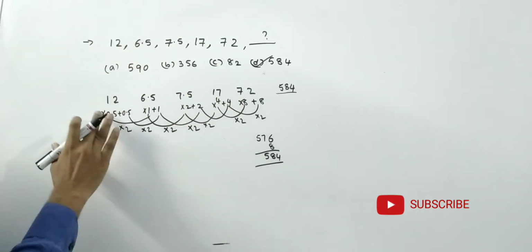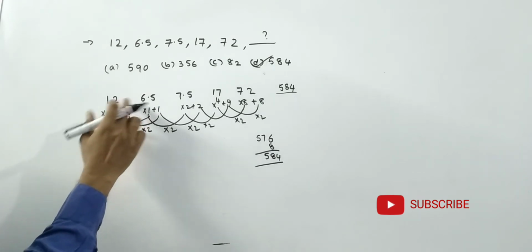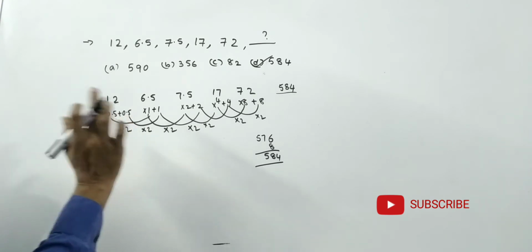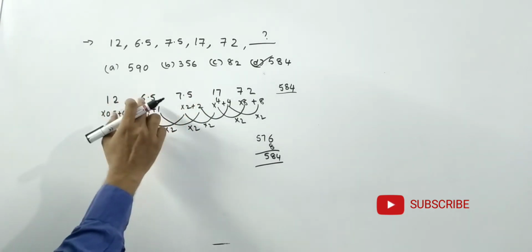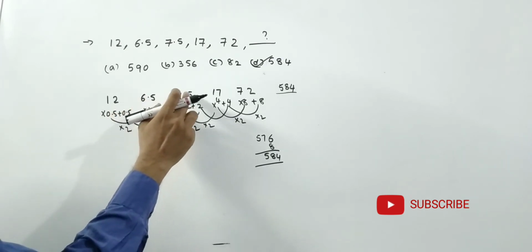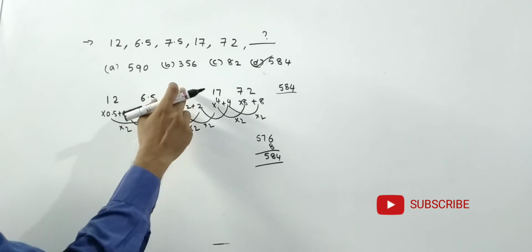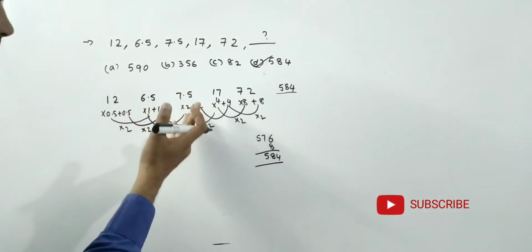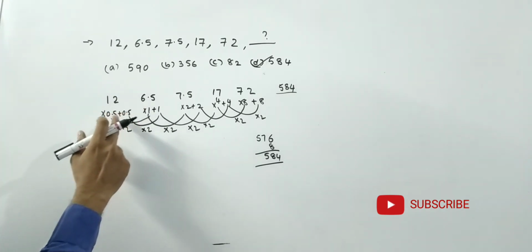Easily you will get it. What I have done here, 0.5, 12 half how much? 6 plus 0.5. That means 0.5 into 0.5 plus 0.5. Here 7.5 came, that means 6.5 plus 1. That means into 1 plus 1. Again 7.5 into 2, that means 15. 15 plus 2, 17. Then I find the logic here. What is he doing? Every time he is multiplying with 2.